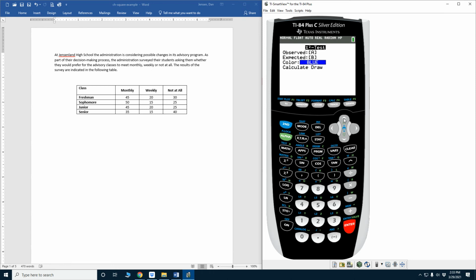Our observed values are these values here, and we've put those observed values into matrix A. The calculator is telling us where it will put the expected values. The calculator will assign the expected values to matrix B. We're now going to simply calculate, and you notice we have a chi-squared value of 9.049, with a p-value